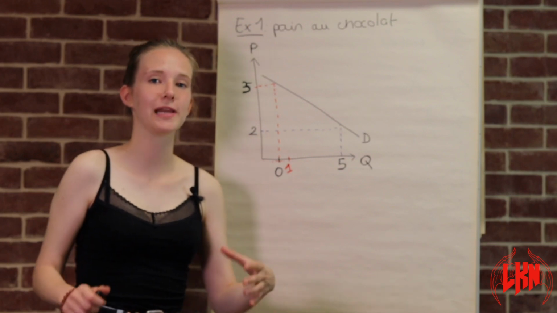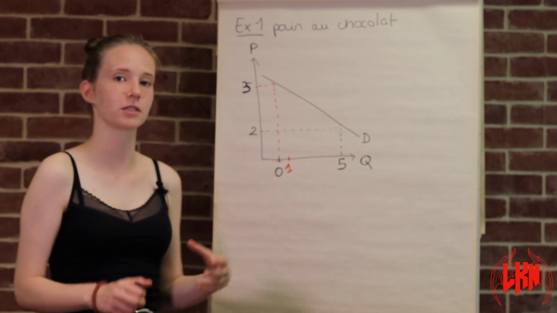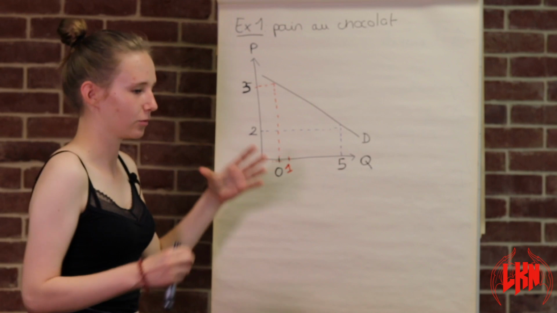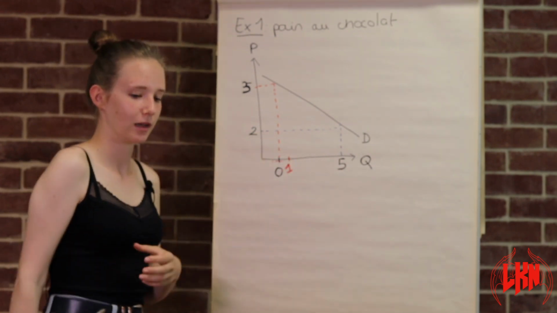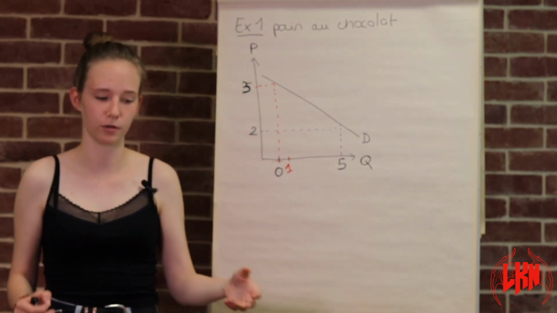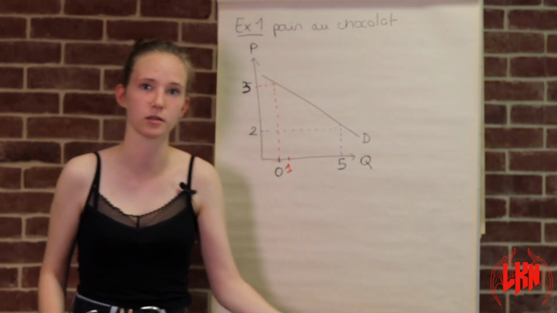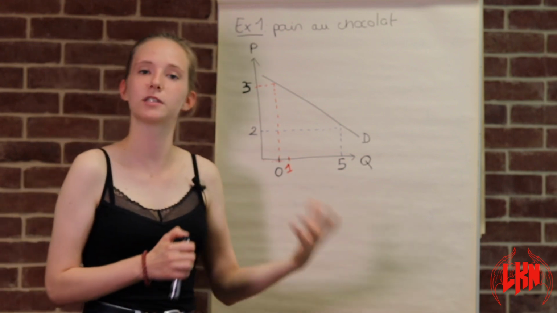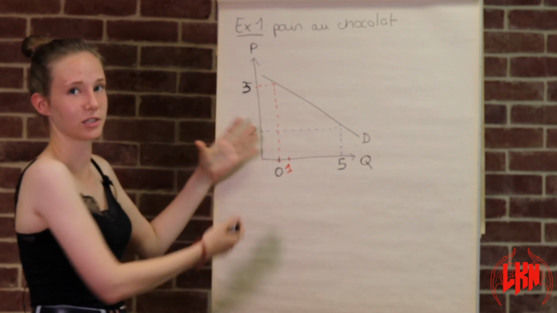Now I want you to really understand what price elasticity of demand is, so I'm going to explain it with some examples. First example, pain au chocolat. We are going to take this example to talk about an elastic demand. Let's say that you eat pain au chocolat for lunch, and if pain au chocolat is too expensive, then you are going to eat chocolate cake or something else. So the price of pain au chocolat is going to affect the quantity that you are going to buy. And this is what is represented on this graph.